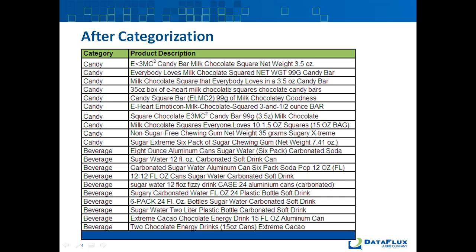But first, a quick recap of where we've been. Back in part 2 of this series, we talked about categorization. We looked at the 20 records from the Acme Foods Product Master Catalog and assigned them one of 2 product categories, either the candy category or the beverage category. And this was the first step in dividing and conquering the product data quality challenge, allowing us to divide our products along the lines of the parts of the product hierarchy, in this case just 2 categories, which helps us to align the technical process that we're developing with the business rules and also the internal subject matter expertise about